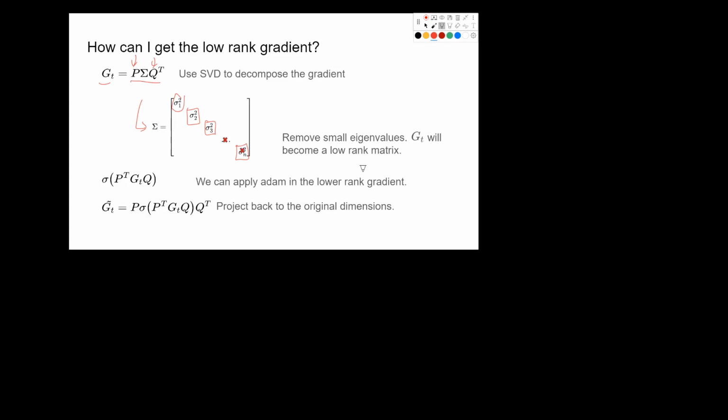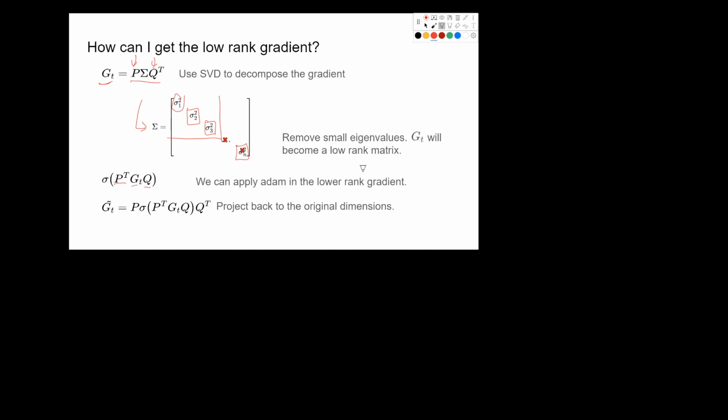For example, if we just select the first 3, the rank will become 3 rather than the full n by n. So it means that we can use this matrix to project the GT into a lower space. For example, we can use the PT and GQ here to project it to a lower space. We can check it in the next slide.